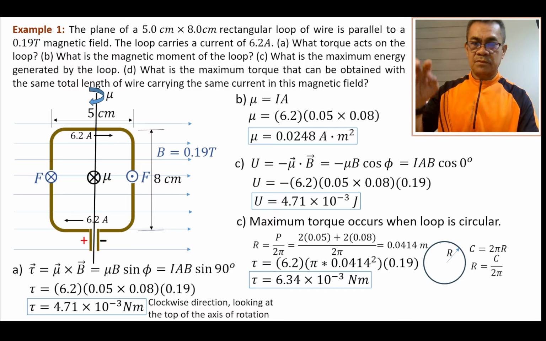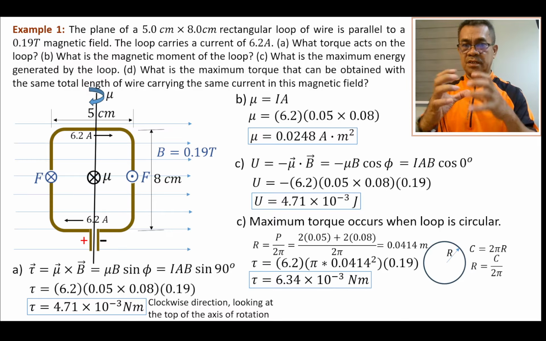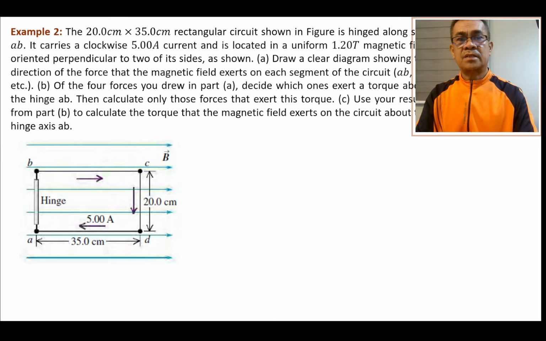So we have to provide a magnetic field externally, and we have the current loop, and we have the supply such that it provides the dipole moment. Then, of course, the brush and commutator are very important because the brush and commutator reverse the current. Reversing the current means reversing the direction of the dipole moment. The dipole moment will interact with the magnetic field. Then the cycle continues. So for your practice, solve these problems, of course, at home in your free time.